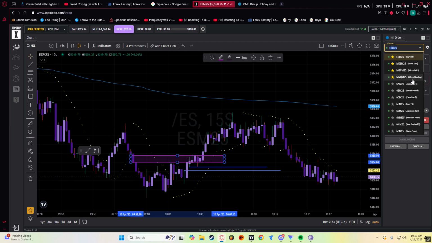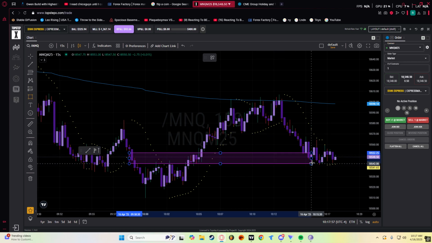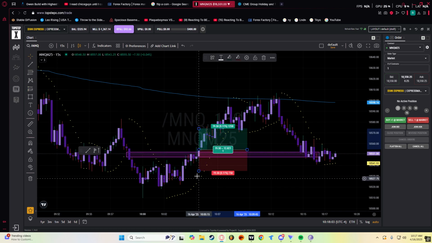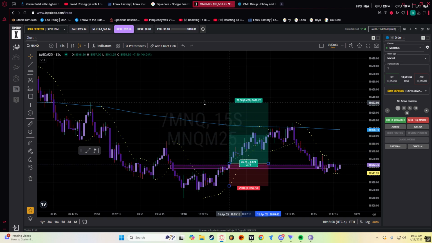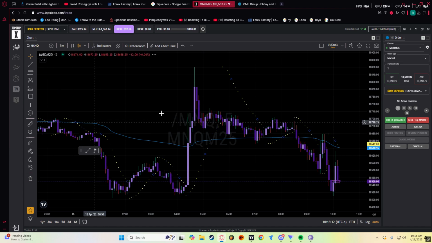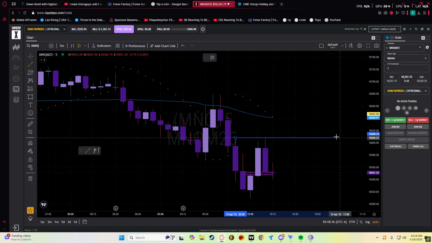I enter on NQ though, because I just like NQ better, and I'm better at calculating it. So I think I entered when this gets inversed. Stop loss right here. And I'm aiming, I want this high to get touched. I take most of my position off at this 5 minute high right here.